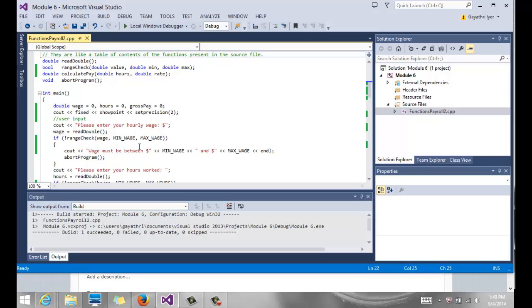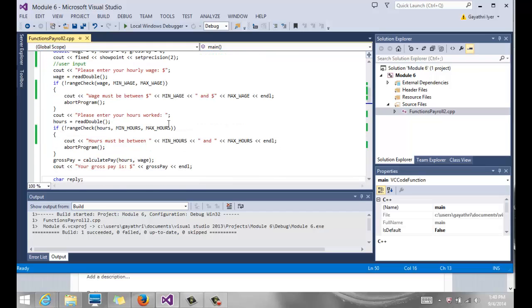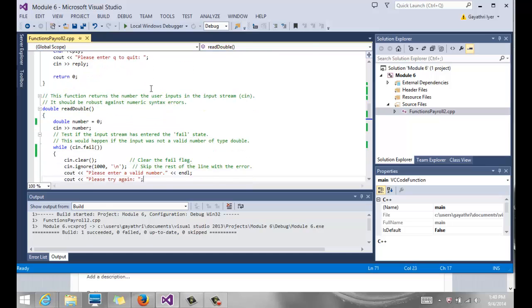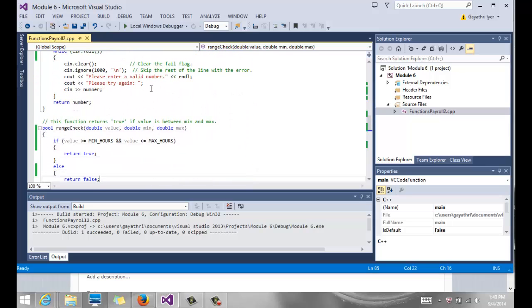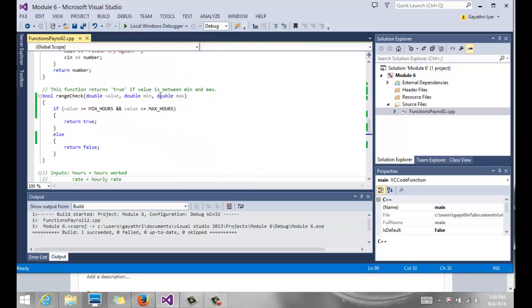We can do it with one function. We just have to pass the constants as 2 different parameters. So in this case, the constants being passed are the wage constants. And if we go down to our function, we receive it into 2 different local parameters here, min and